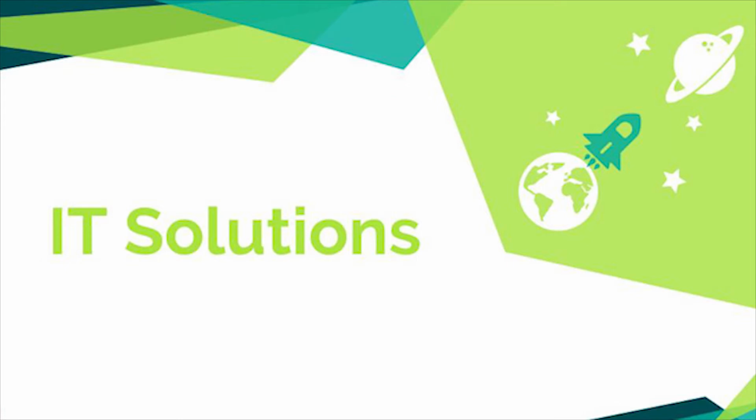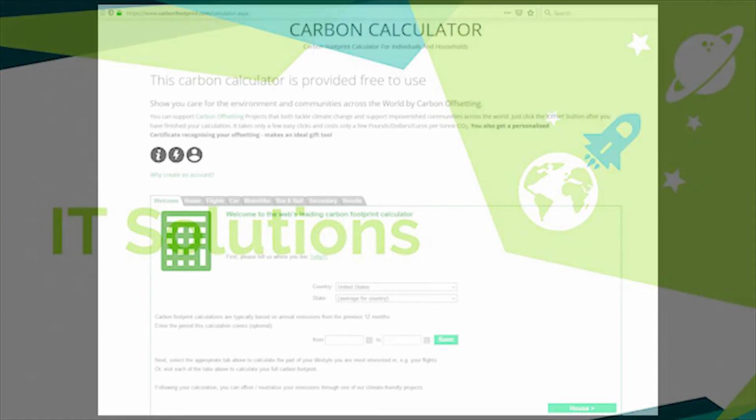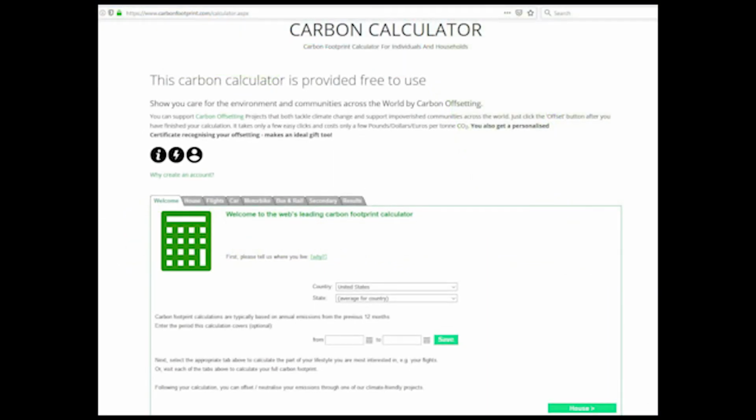So how can carbon footprints be measured and tracked? For starters, we can make use of IT solutions on the web, such as carbonfootprint.com, which asks questions regarding your housing situation, means of transportation, and how much money you spend on certain services. This will give you a general estimate as an individual of how large of a footprint you are leaving on the earth. Additionally, the use of IT through mobile apps can provide detailed recommendations and reminders to limit emissions.